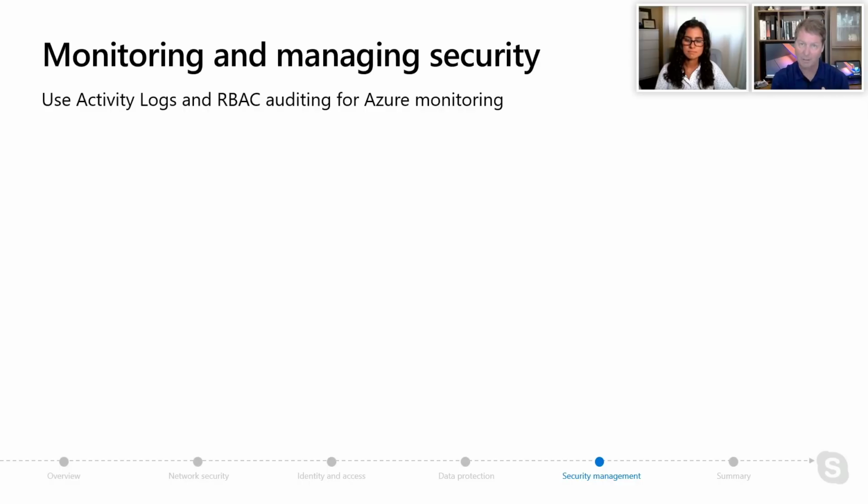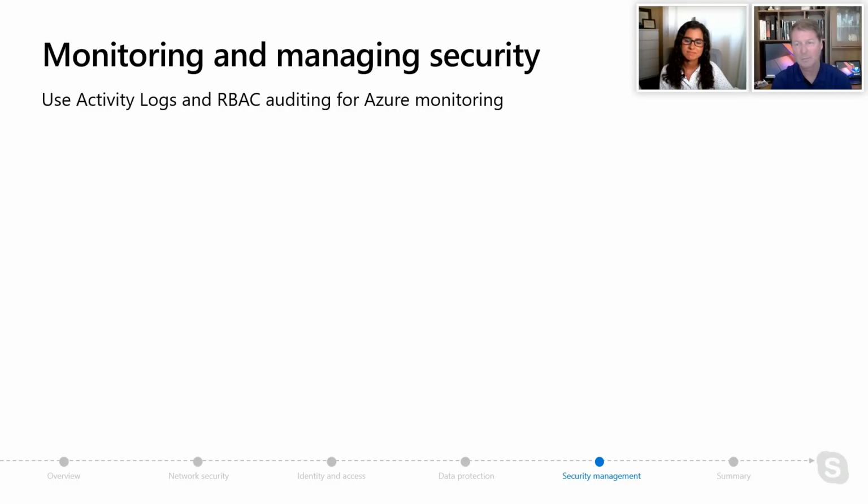So you can use activity logs, and by the way, you can set up permissions for who gets access to that. So for example, if you want to audit who's doing RBAC role scenarios and setting those kinds of things up, all of that's available in activity logs, all available in Azure monitoring. What about for SQL itself though? So for Azure SQL Managed Instance, the first thing you're going to consider doing is you're going to configure SQL Server Audit for Azure SQL Managed Instance, just like you configure SQL Server today.